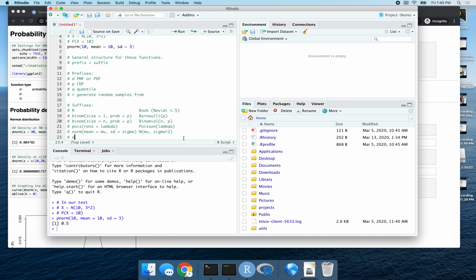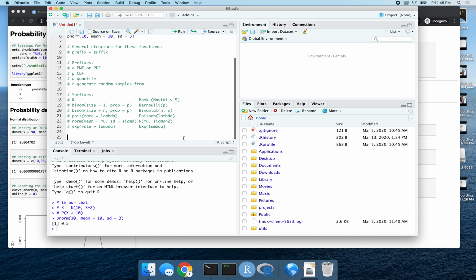We have also done exp, rate equals lambda, and this is the same as what we have in our book, the exp lambda distribution. So then, we can use all these things if we want to find, we take x distributed as, say, binomial